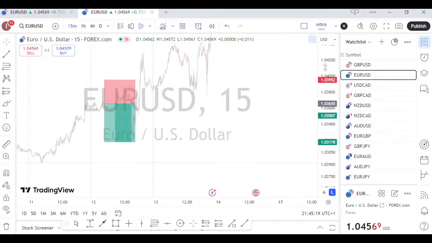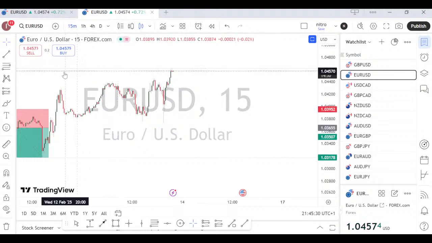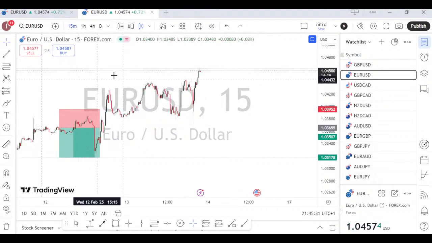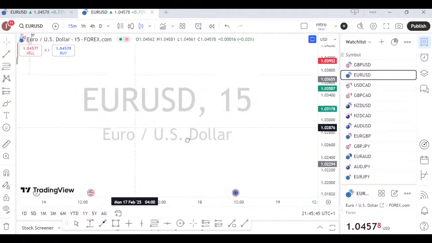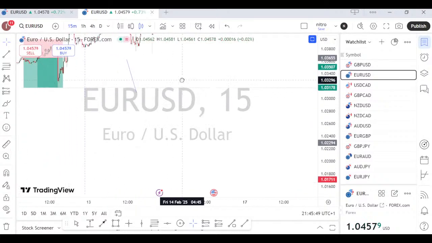In our previous classes, we talked about market structure, order blocks, and then fair value gaps. And when I was talking, I said the best fair value gaps are the ones you see within an order block, and the most valid order blocks that you can trade are the ones that lead to a break of structure or a shift in market structure. For example, if we have a downtrend